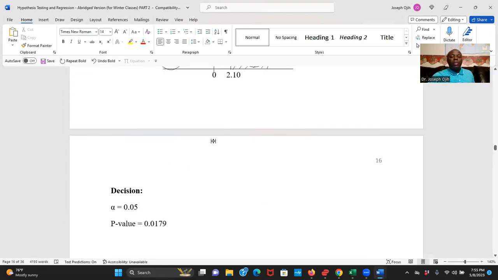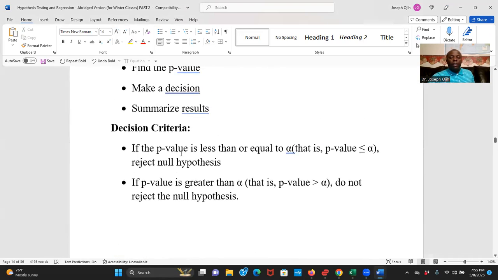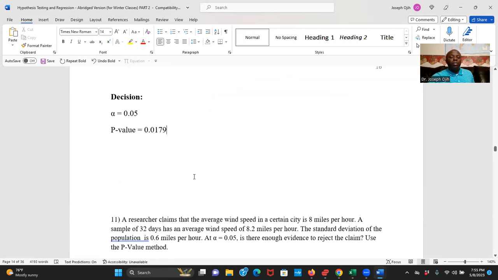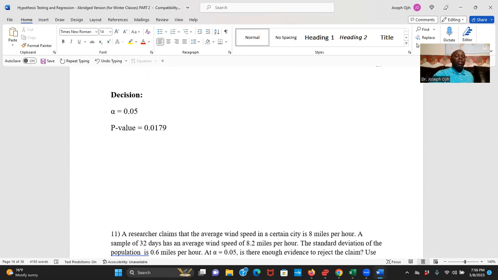So now, remember the criteria for whether to accept or not. The criteria is this. If the p-value is less than or equal to alpha, reject the null hypothesis. If the p-value is greater than alpha, do not reject the null hypothesis. So here, the p-value 0.0179 is less than 0.05. So it's less than the alpha. So we reject the null hypothesis